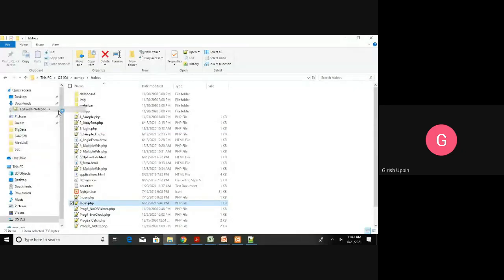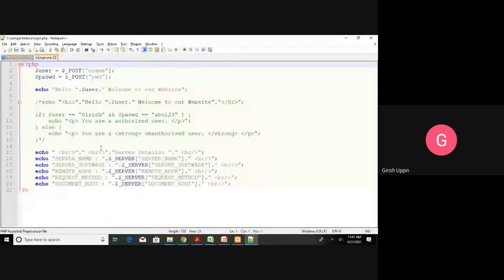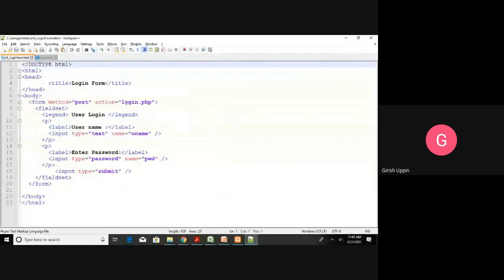I have used basically the same code just to demonstrate the server details, how we can access the server details. This is the PHP code. This is the form. When I click on submit, it is going to call login.php. This is the login.php code.